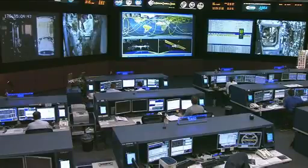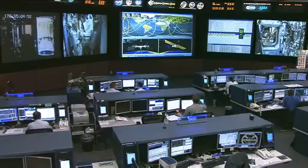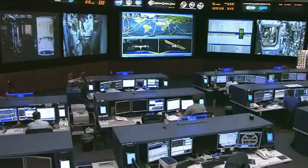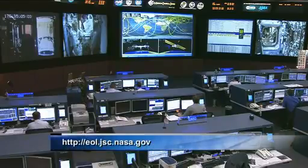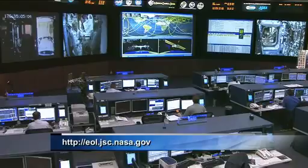The crew has several different crew Earth observations today. They're going to be flying over the Volga-Ural Delta, which is part of the Caspian Sea. Hopefully they'll be able to take some pictures of that. They're going to be flying over the island of St. Vincent in the Caribbean, and also flying over parts of Phoenix, Arizona. Of course, if you would like to learn more or see some of these photos, including your hometown, just log on to